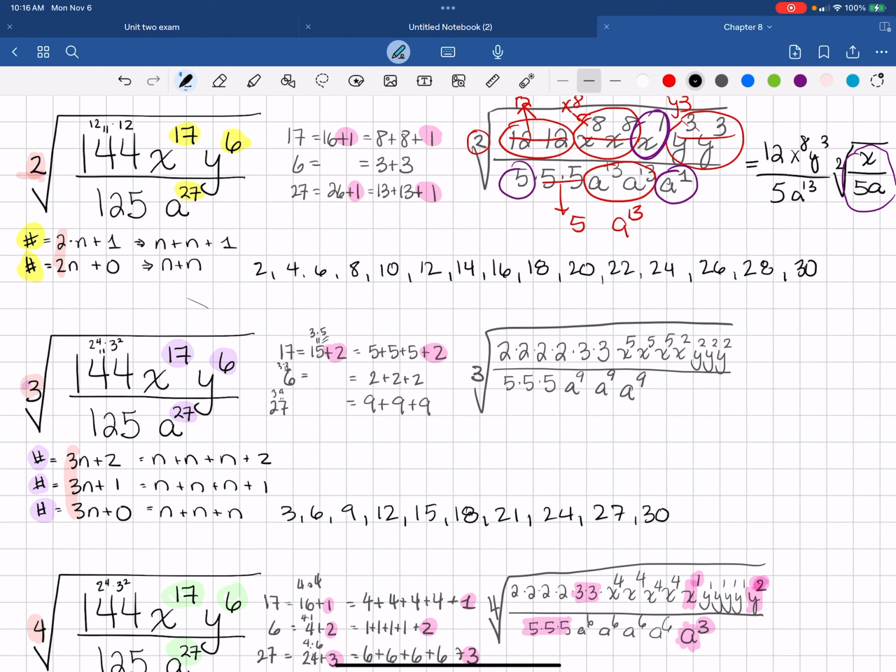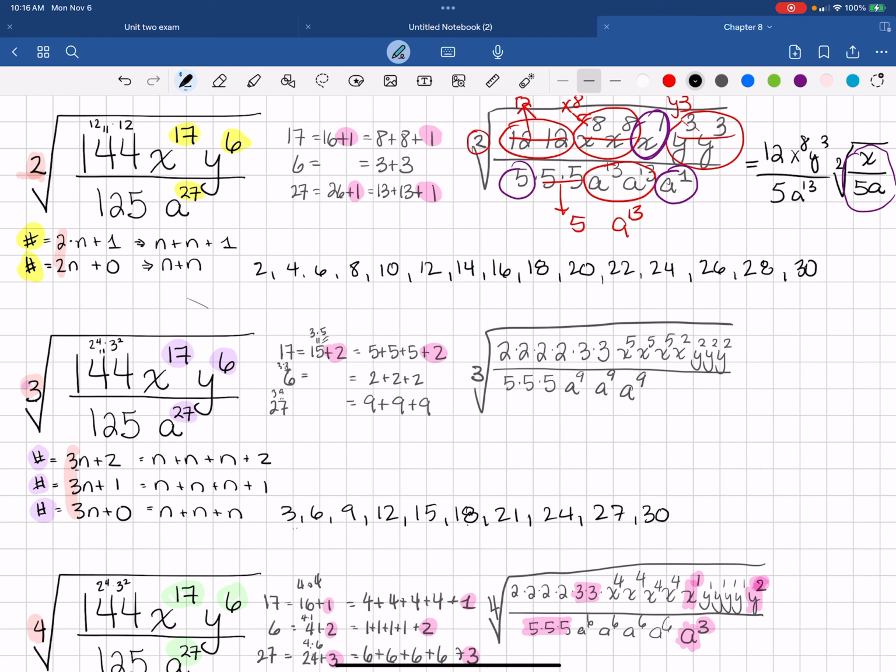What if it's cubed? So if it's cubed, I want groups of 3. So then I'm actually looking for multiples of 3. So a number, these powers, can either be of the form 3n plus 2, 3n plus 1, or 3n plus 0. And so 3n plus 0, those are my multiples of 3, which is 3, 6, 9, 12, 15, 18,